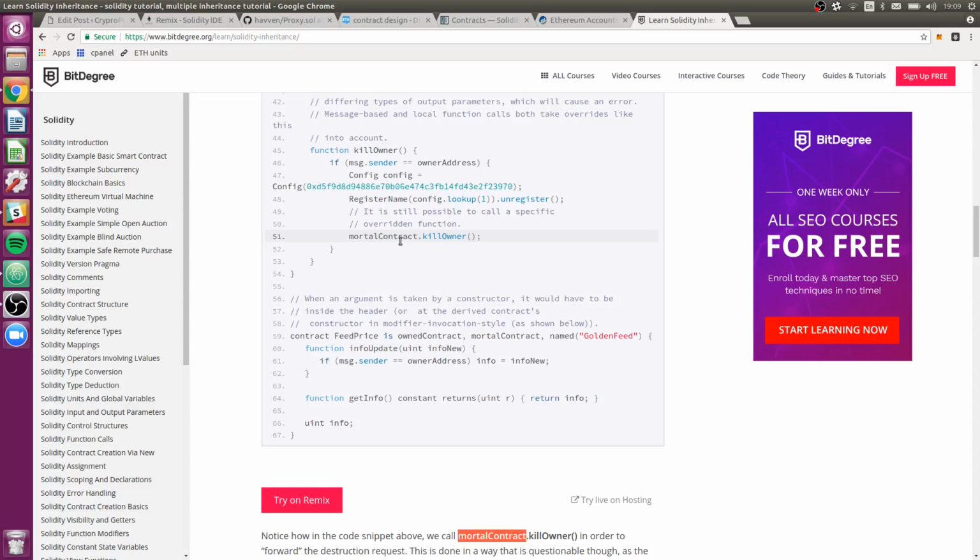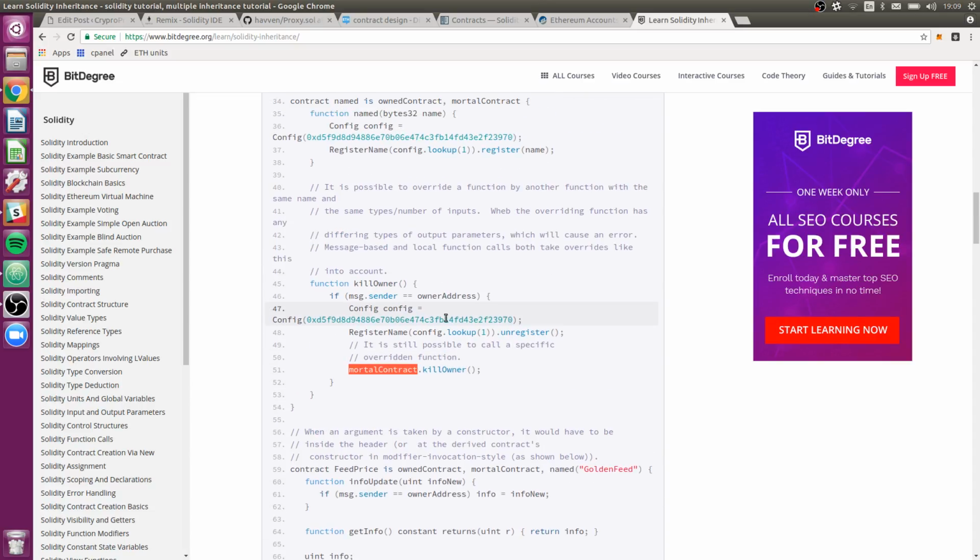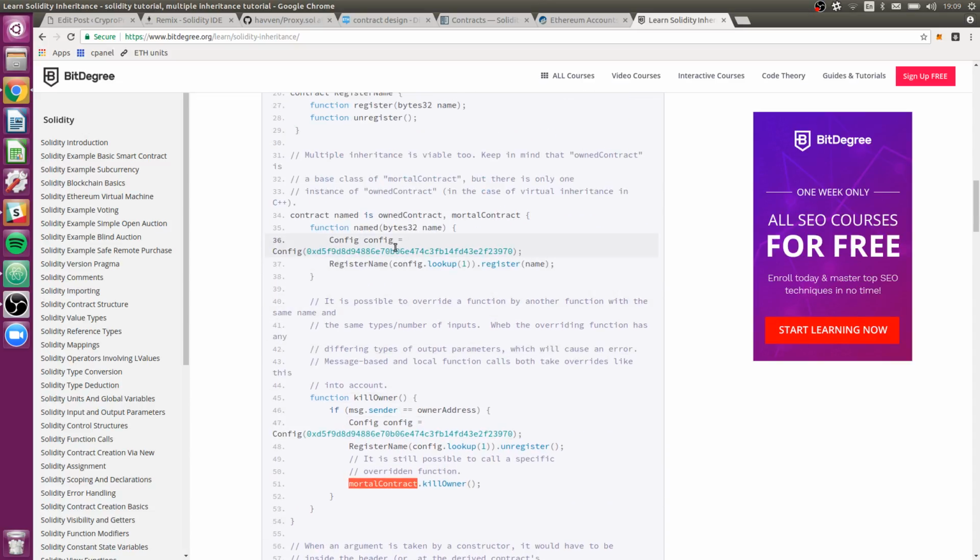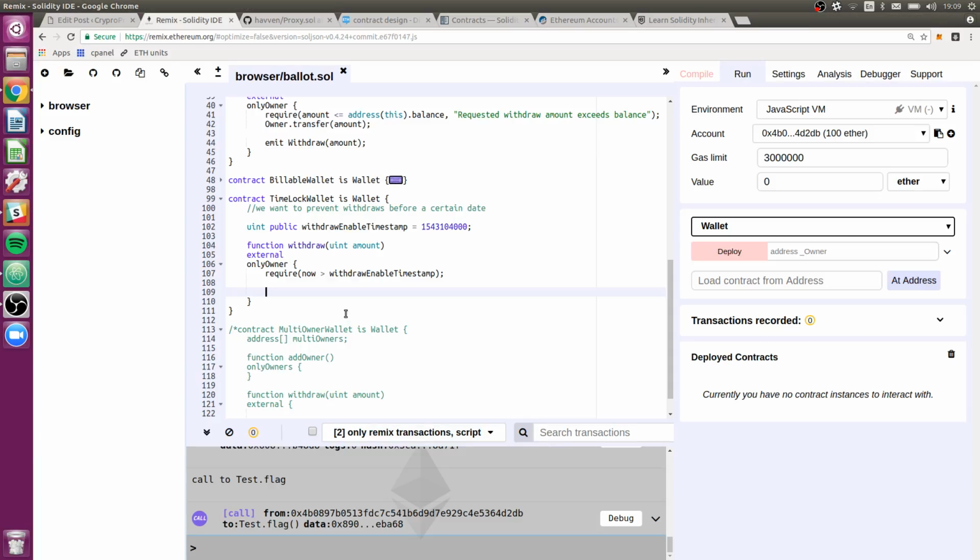Where is that? Ah, here we go. So it looks like, I guess it's pretty clear. I almost could have guessed it. I've got to express some appreciation for Solidity. If it really is that simple, that's quite easy. So okay, then we just say wallet dot withdraw